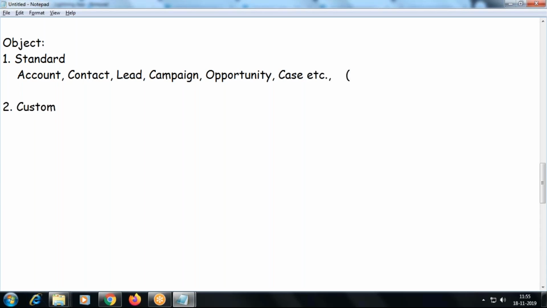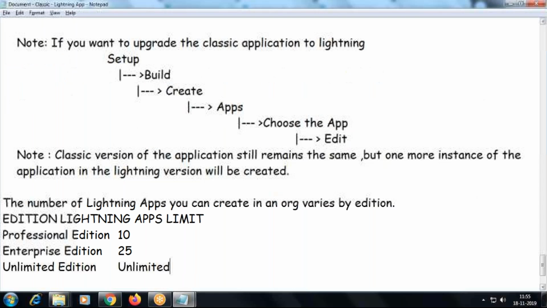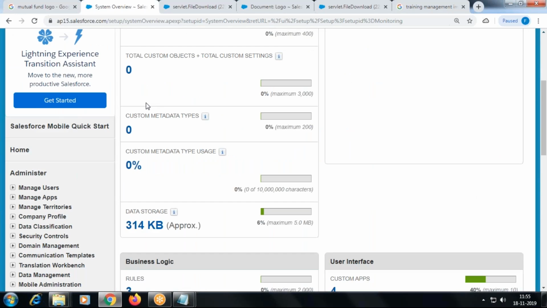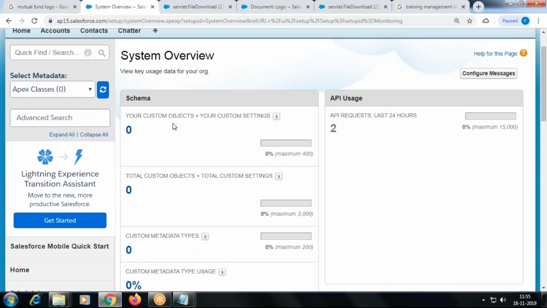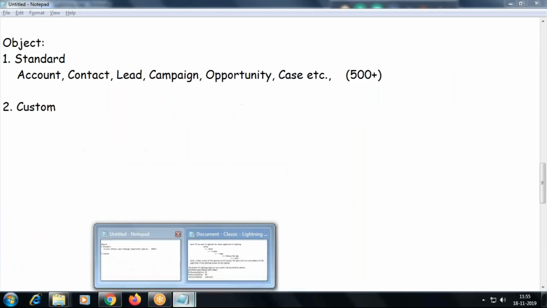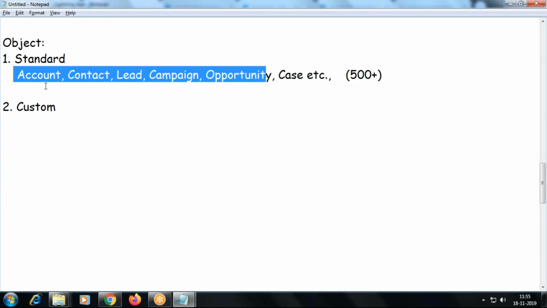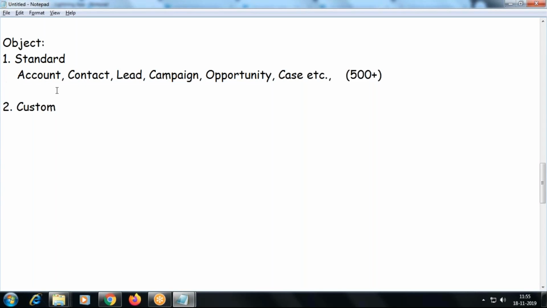There are 500 plus objects. Okay. So every piece of information in the database, everything you are going to see in the UI, is there from the database. When you say database, it is from the table only, right? So table is nothing but object. So we have objects where we store the business data, and there are some objects we will not use directly, but every setting, permission, everything is stored in some object. In that sense, we have 500 plus objects.